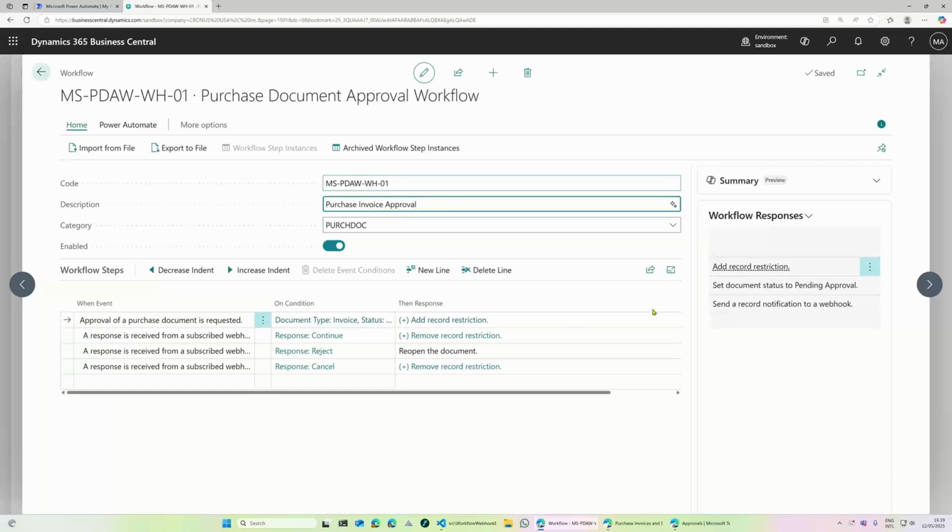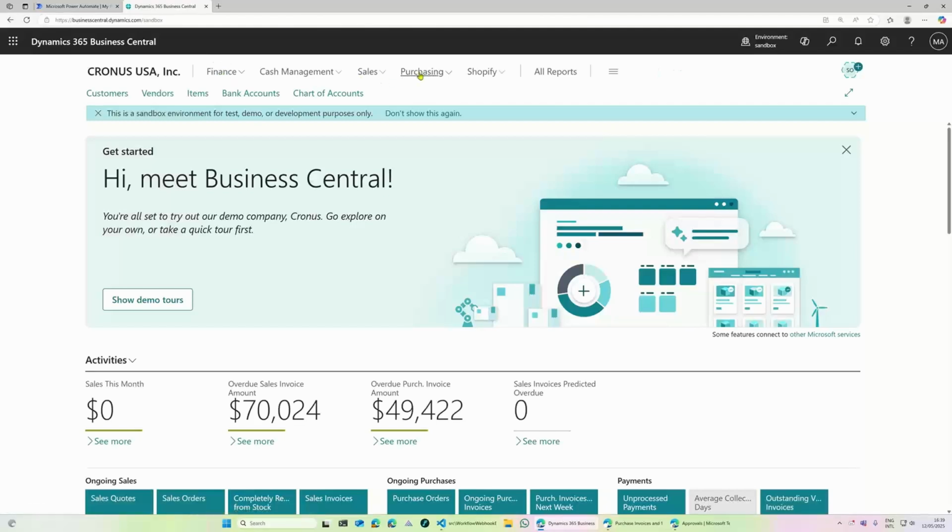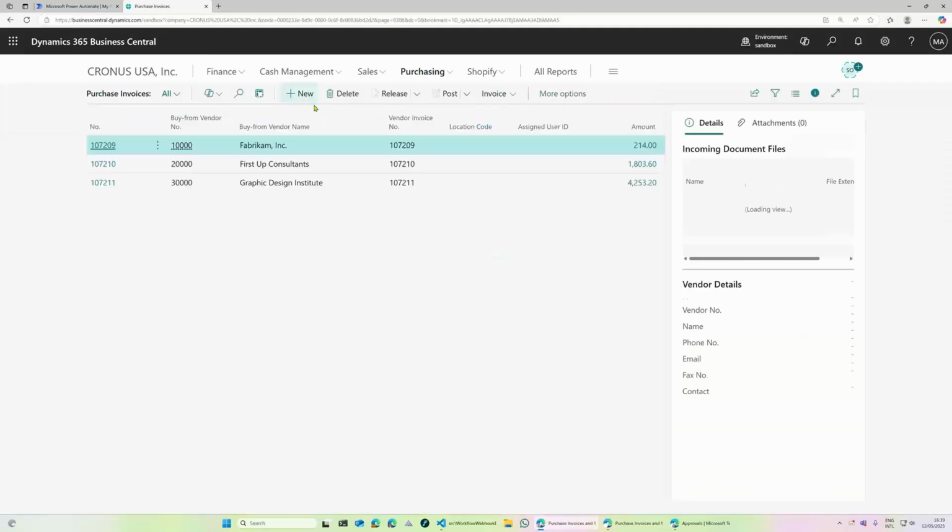So remove that Word document, replace it with what it actually is. And here I change this to purchase order approval. And I remove the workflow because I know it is a workflow. And I do that for another reason, which I will show you a little later. So now I know at least which one is which one. Good. Let's now go into purchase invoices and request an approval.